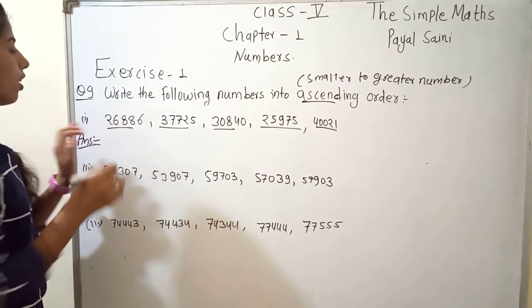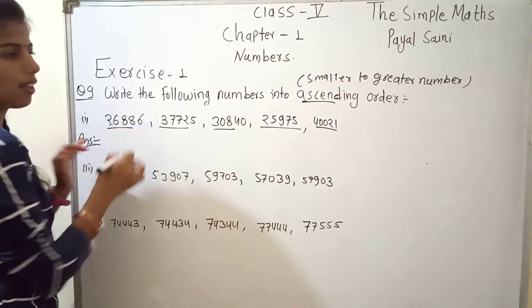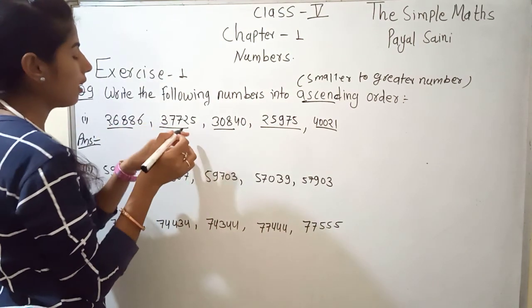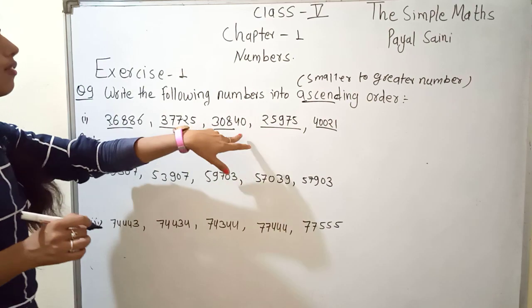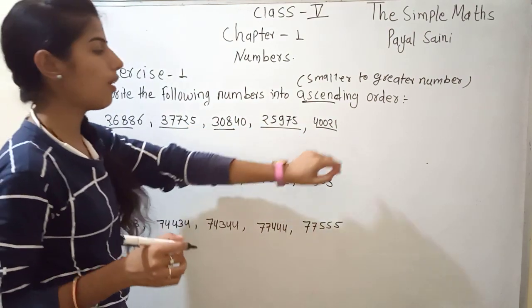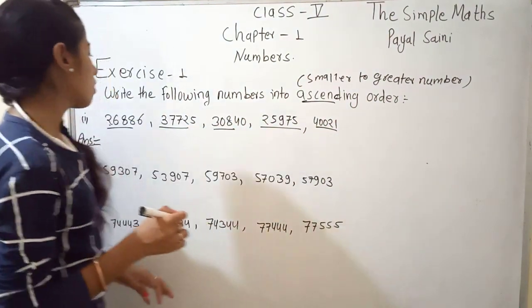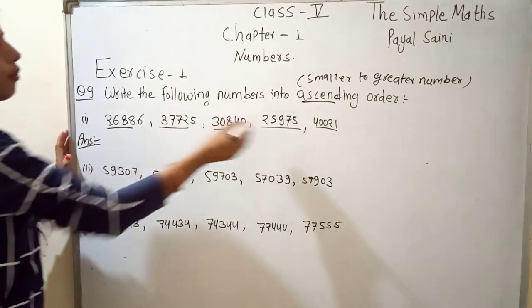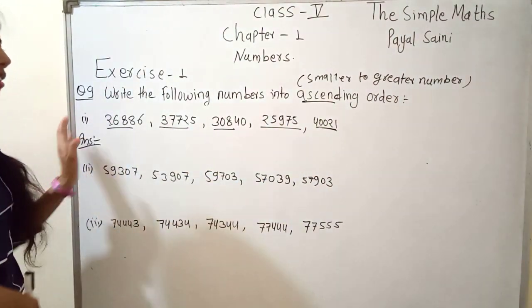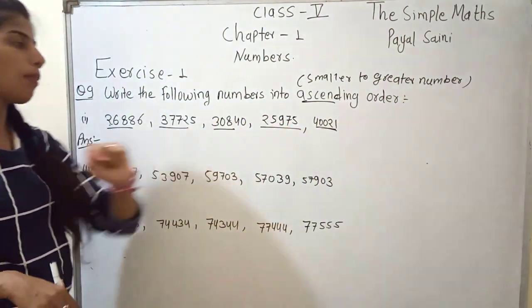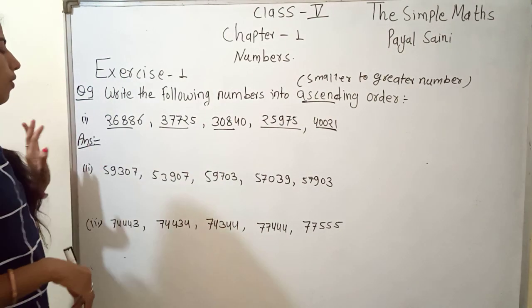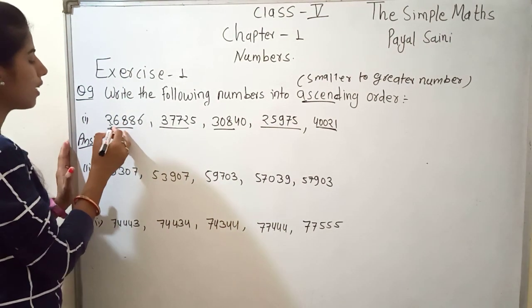When we see here, 1, 2, 3, 4, 5. Here is 5 digit. In second, here is also 5. Third, and fourth number also have 5 digit and sixth also has 5 digit. In fourth also 5 digit and fifth also 5 digit. Then by the digits we don't solve. Now we read this number.